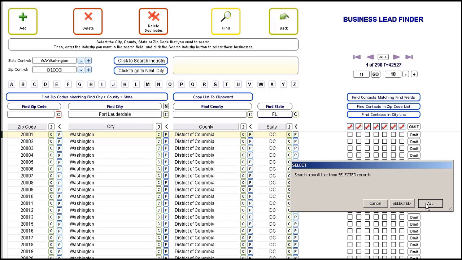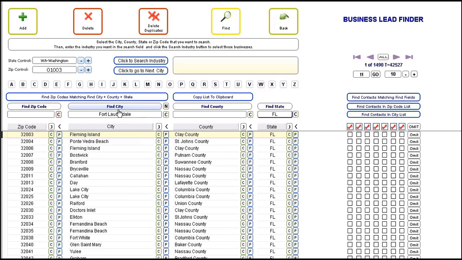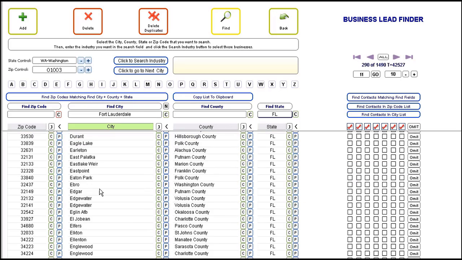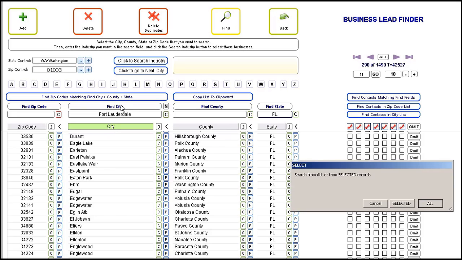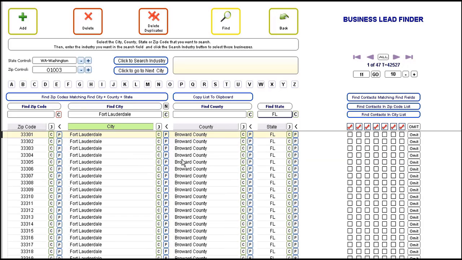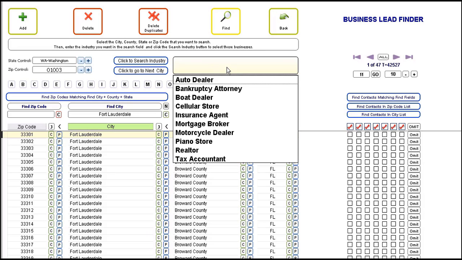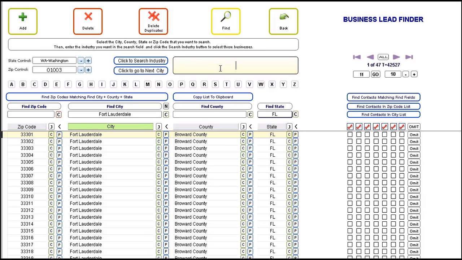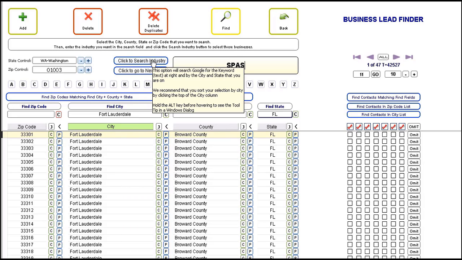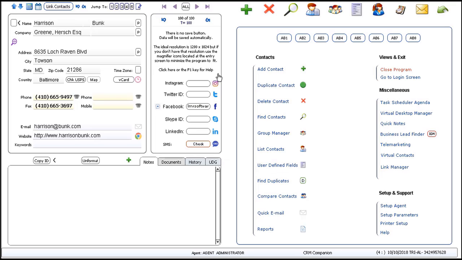you click Find State, then you can select the city. For example, you can sort cities and go one after the other because it has a go to next city, but you can select a specific city, which I'm going to do, and then you can type whatever here. We have some suggestions, but definitely you can, for example, put spas, and then you click to search industry, okay,